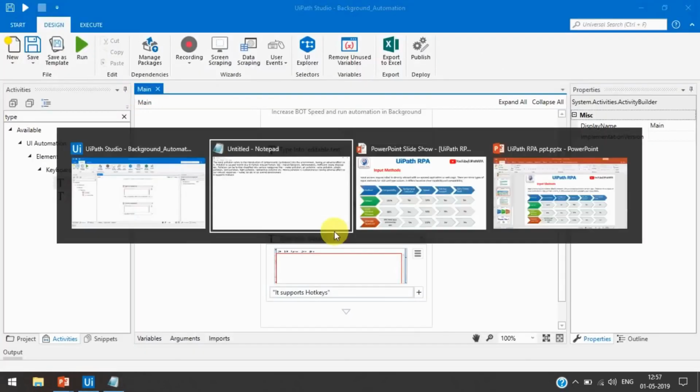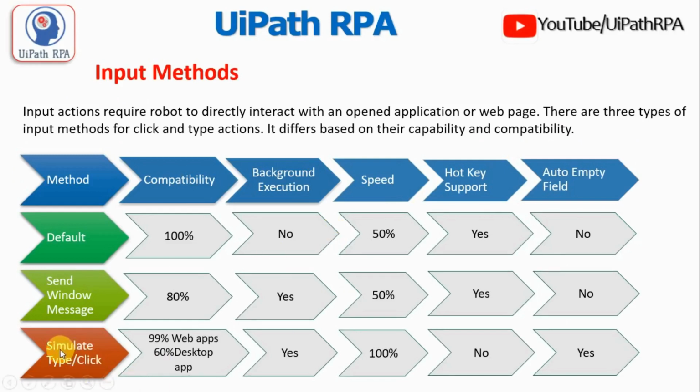Now we need to see the similar type click. Here the compatibility is 99% for web apps, 60% for desktop apps, and background execution is yes, it means it works in the background, and speed is 100%, it means it is faster than both of these methods, default and send window message.